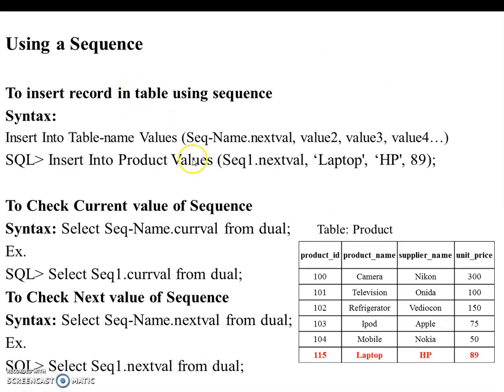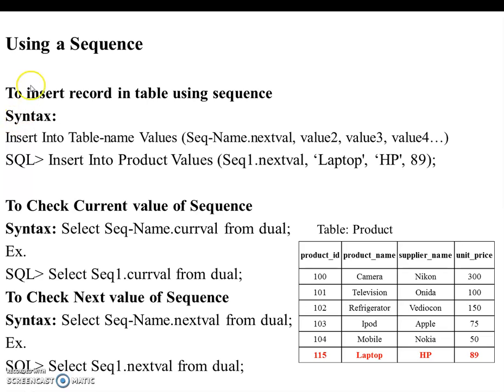I am having a table. It doesn't matter what the columns or attributes of my table are. The requirement is just that the particular table has a data type, a number, and possibly the sequence must be followed over there. So in this case, I am taking a table product, and these are the attributes of my product table along with these available rows. These are already inserted tuples or rows.